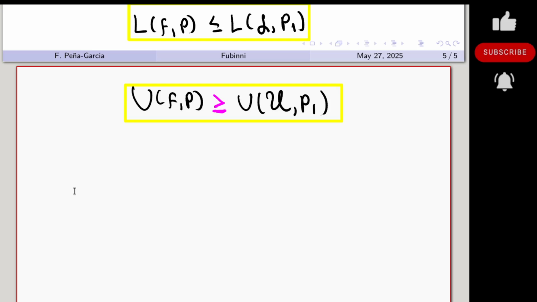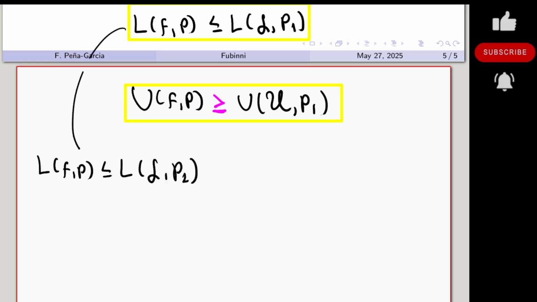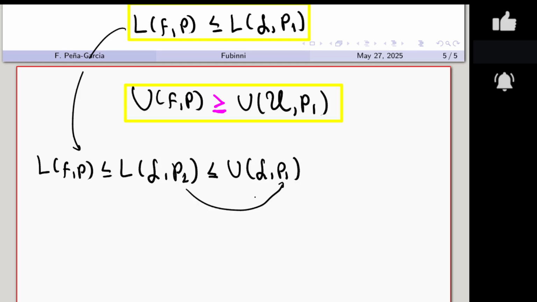We have this from this, but this is smaller than, because you know, any lower sum is less or equal than its upper sum, because we are in the same function L, right? And then this upper sum here shall be less or equal than